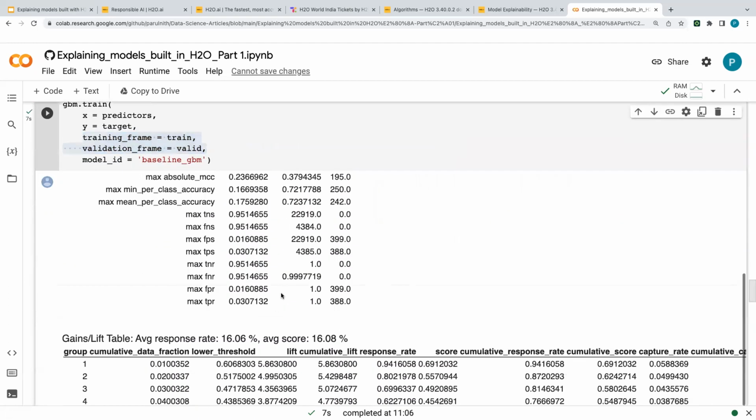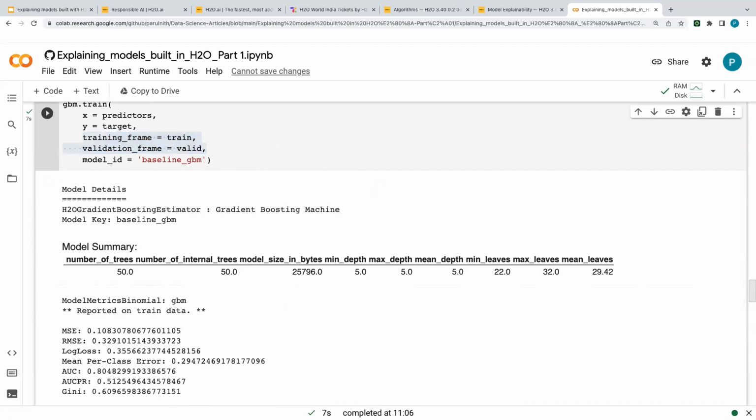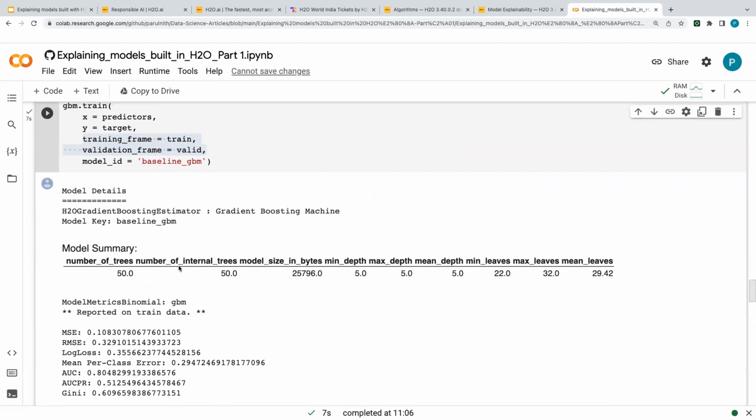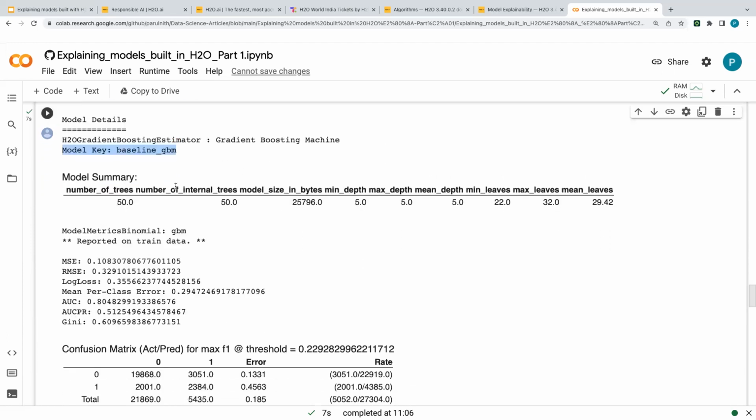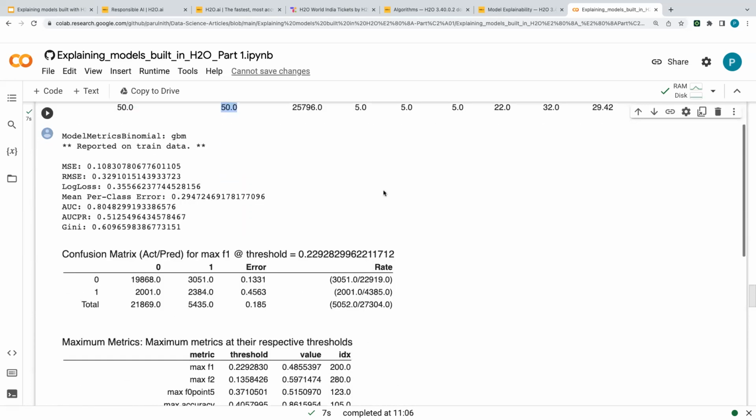Now you can see it gives you a lot of things. In fact, it gives you a complete summary of your model. You can see your model metrics. So you see your model details here. This is the model key, baseline GBM, which you specified as an ID. It says that there were 50 trees, the number of internal trees, the model size in bytes, what the minimum depth and maximum depth are. So there's a whole lot of information. You can use this. It gives you model metrics,